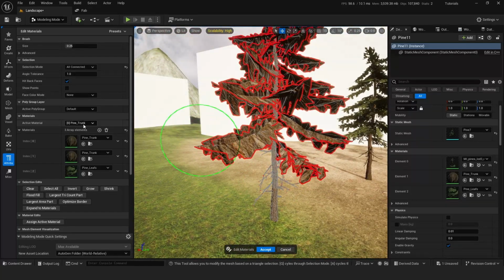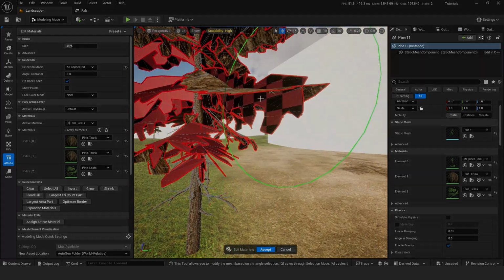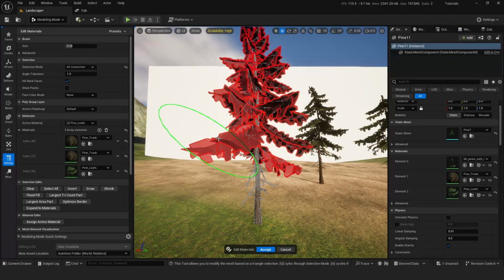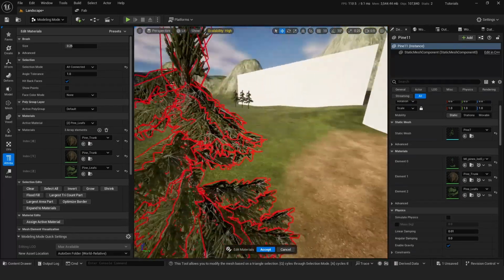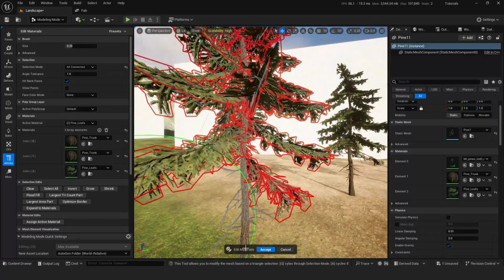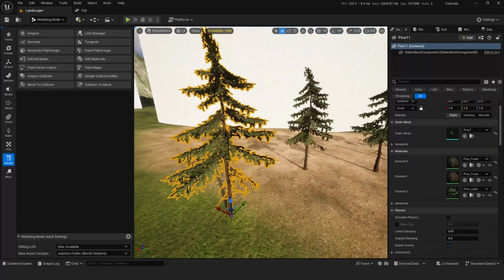and then I'm going to select all the leaves by, in the selection mode, all connected. I'm going to select them all. And then I'm going to select the active material to be the pine. And once I have all of them selected, I'm going to assign active material. Once you have all the leaves selected, we'll make sure that the active material is the pine leaves, and then we assign active material. And now it should be fixed. We click accept. And now we can go ahead and